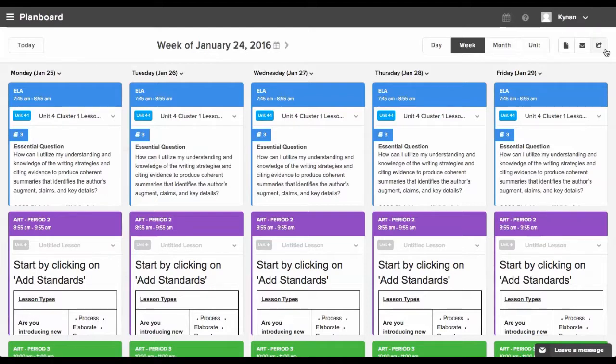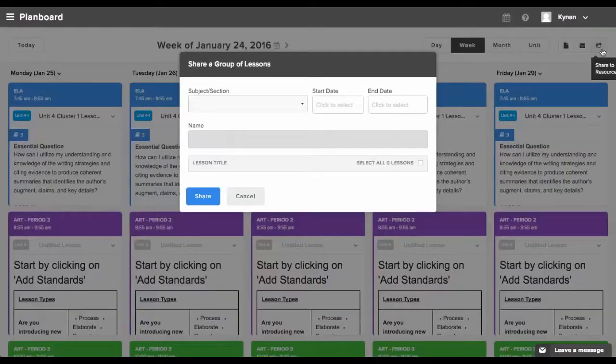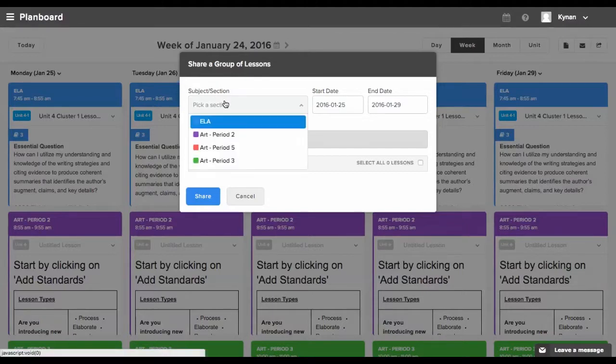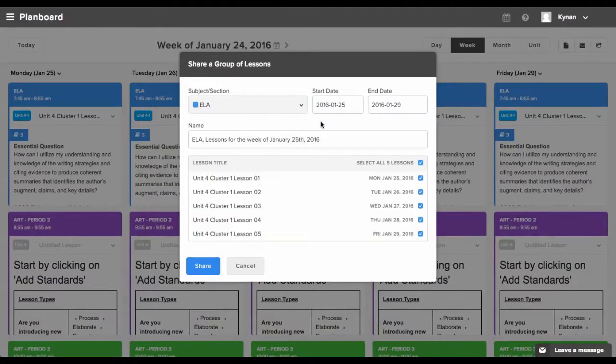To do this, we're going to click the Share button in the top right corner here, and then we'll select which section we want to share. From here, we can see that the start and end dates have been set to the current week that I'm looking at. And you'll also notice that we have the 5 lesson plans that have been created for our ELA subject here, as well as a title called ELA Lessons for the Week of January 25th. If you're okay with how this is set up, you can go ahead and click Share to make it available